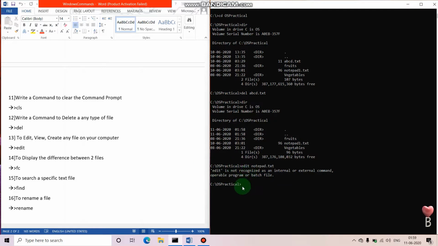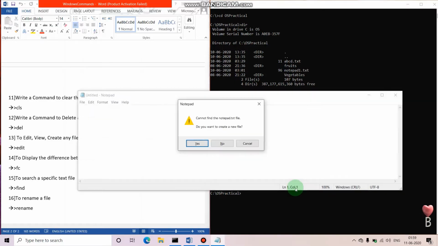So the alternative with which we can create, view or edit any file is using notepad, space, notepad.txt. By writing notepad, space, the file name, you can create, edit or view any type of file on your computer. Okay, let's see whether it is working or not.